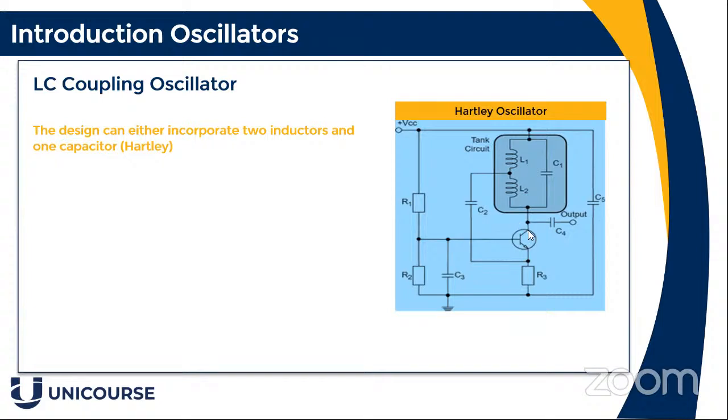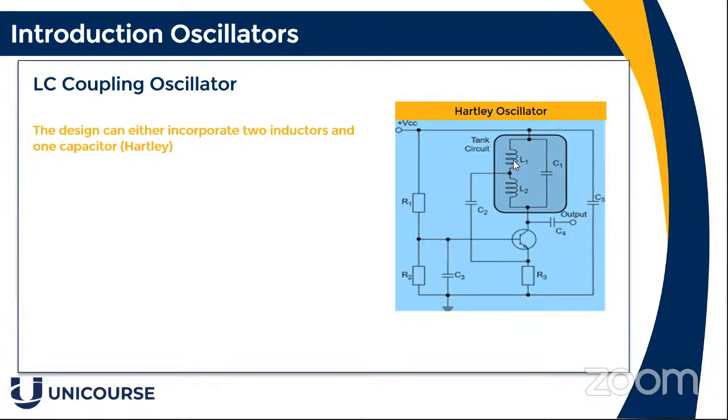But what you do is connect up the collector through these two coils, which you design, and they resonate with the capacitor, and you use this for a tuned frequency. And these sorts of circuits, in the old days, were used as transmitters as part of the transmission side. So if you wanted to produce an amplitude modulated signal, you may use something like this. The output is fed from the collector,